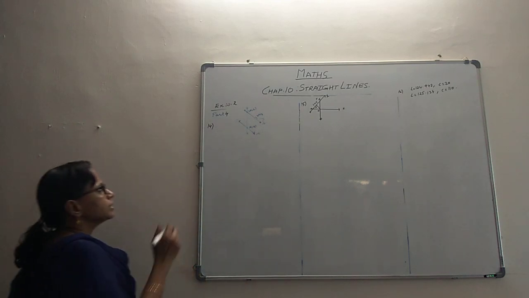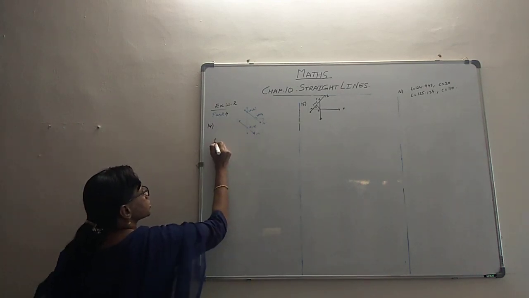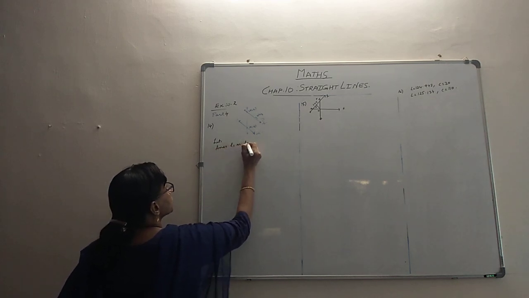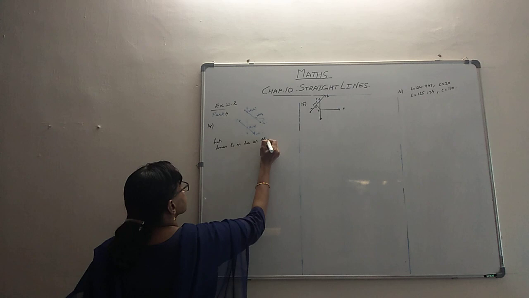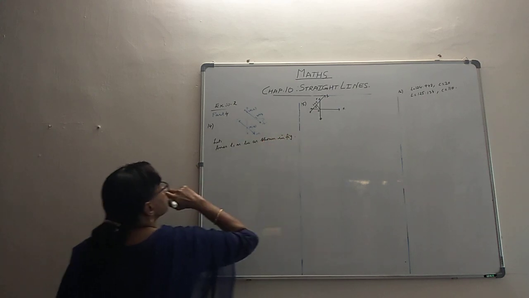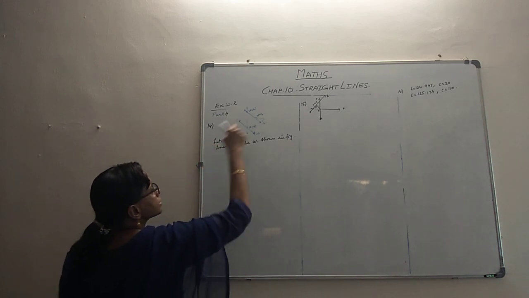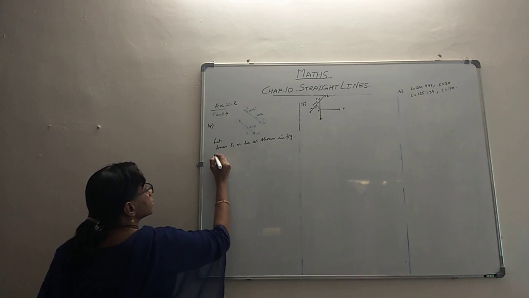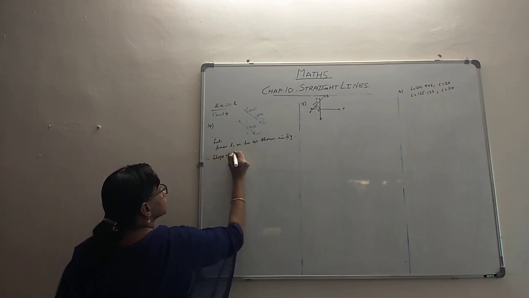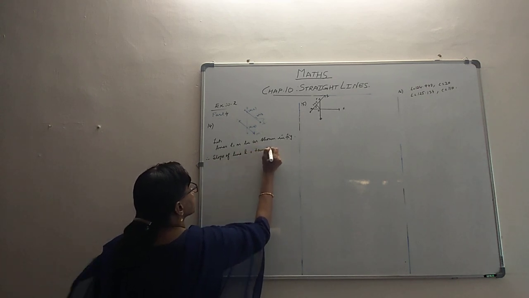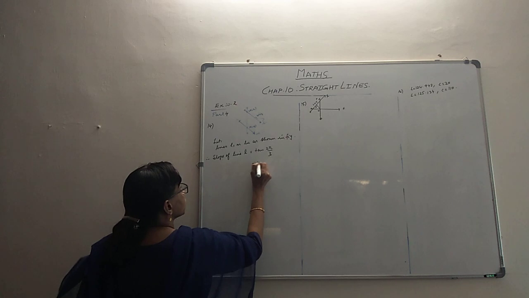Now this is the thing. First let's introduce: let lines L and M be as shown in the figure. Then what do we have? The point (0, 2) is on the line and it is making an angle. That's enough for us to find out. You have a point, and the slope of line L is tan 2π/3, which we need to find out.